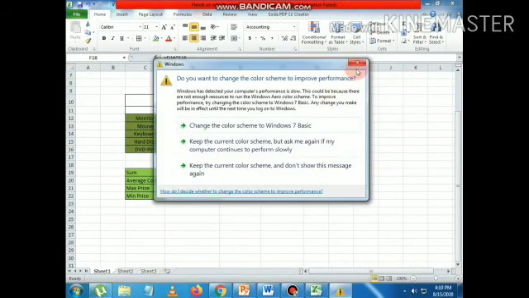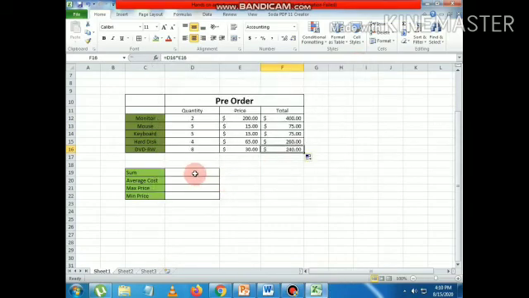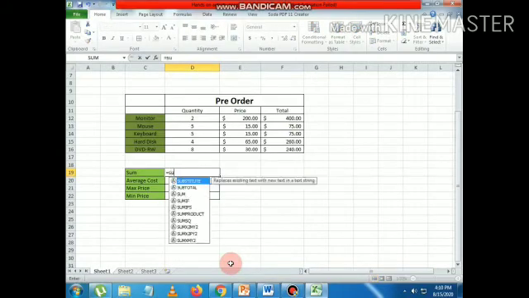Same, next I am going to calculate the sum from E12 to E16. The sum of the price: I will put an equal mark, sum.